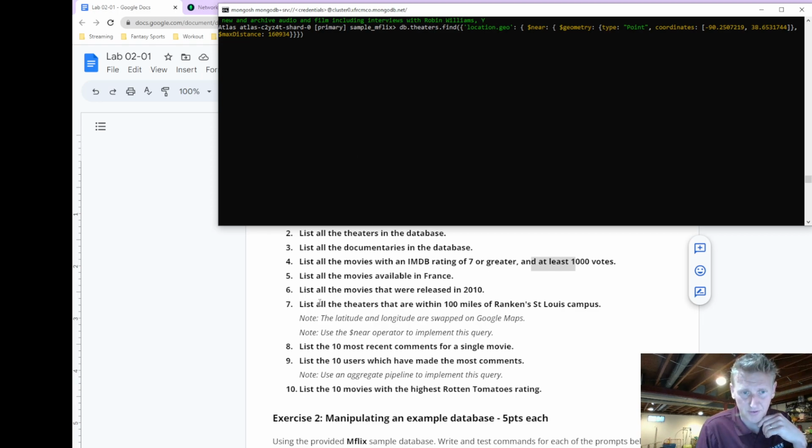And so I skipped over. It says list all the theaters within 100 miles of Rankin St. Louis campus. And so that's where you're talking about going to the Google Maps and getting the latitude and longitude coordinates, plugging that in. The rest of that was basically research you found on the Mongo docs, and then the max distance was a little calculation to get that 16, which kind of makes sense because I remember, in high school, the mile run was called a 1600. So you multiply 1600 by 100, and you get some number like that,